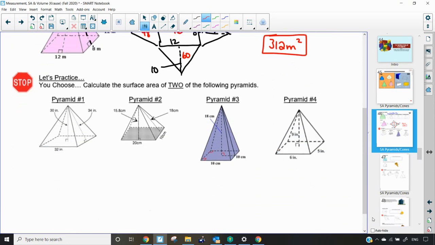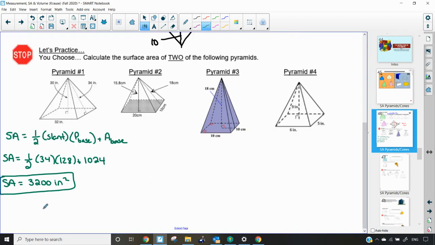All right, so I want you to take a look at these 4 pyramids down here. The question asks you to calculate the surface area of at least 2 of the following pyramids. I want you to pause the video, try some of these on your own, and then come back and check your answers. All right, now taking a look at our first pyramid here, this happens to be a square-based pyramid,